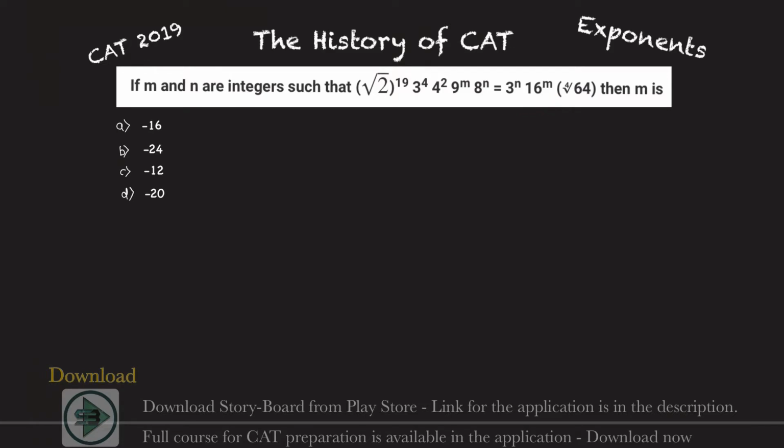Now if you carefully examine all this, all that you can see here is a power of 2 and a power of 3. So all that you will have to do is convert everything in terms of 2 and 3, because every number here is a power of 2 or a power of 3, and then we finally compare the LHS and the RHS and see what is the value of m that we can get from this. So let's start methodically by converting each one of them to a power of 2 and 3.